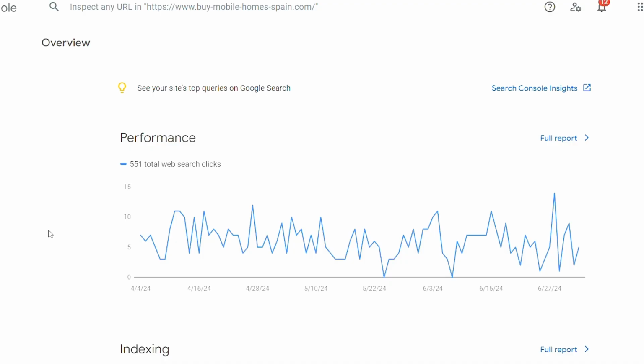So when you go into Google Search Console, you want to make sure that you have selected the correct property that you want to be working on, and also make sure that the account is verified. And if you haven't done this already, we have a video on how to set up Google Search Console and the entire verification process. So firstly, we'll have a look at the overview, which is a breakdown of the performance